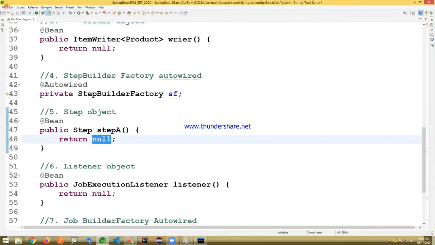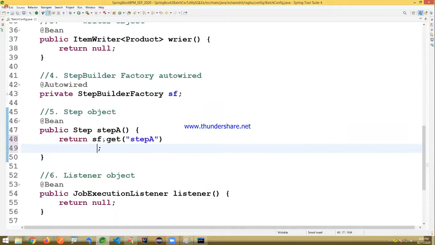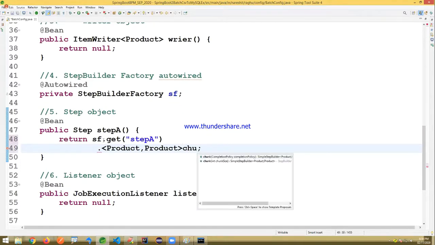Okay, step object I'm just writing sf.get. There I'm writing it's a step A dot. It's actually product comma product of chunk.